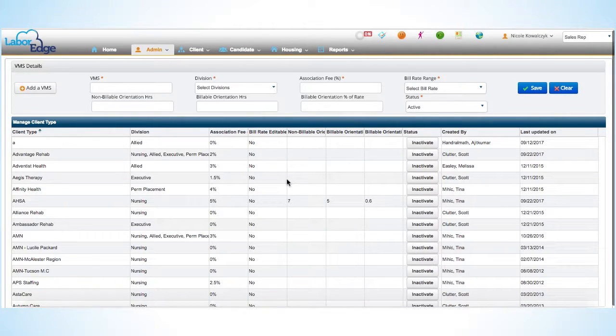Here you already will have information populated as you've already had information configured in the VMS system. When we do our back office release, it's just going to add those additional fields, and you can go back in anytime to add additional information. It won't affect anything currently working in production. So those new fields we have added are bill rate range, non-billable orientation hours, billable orientation hours, and billable orientation